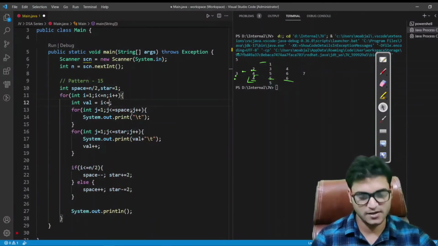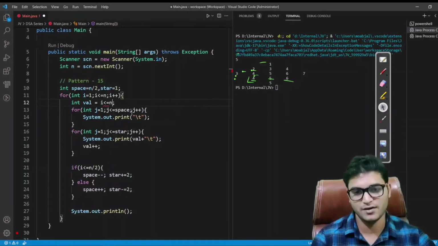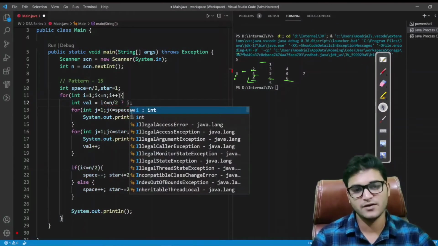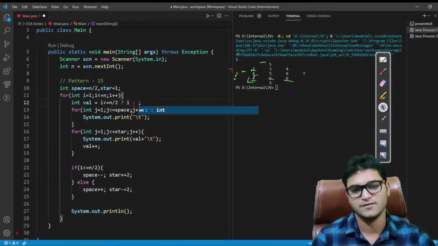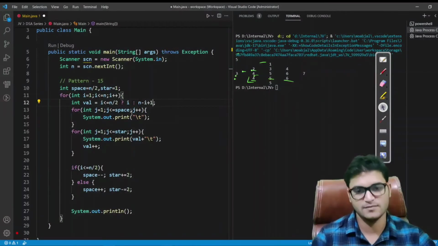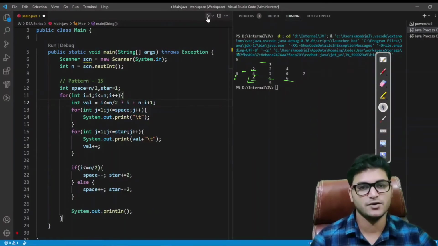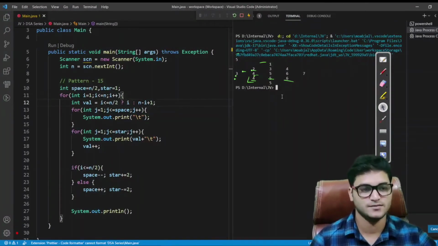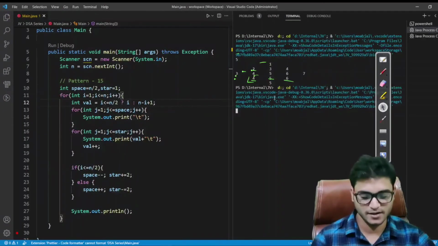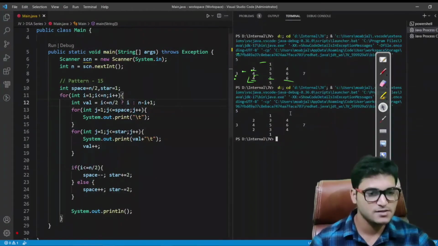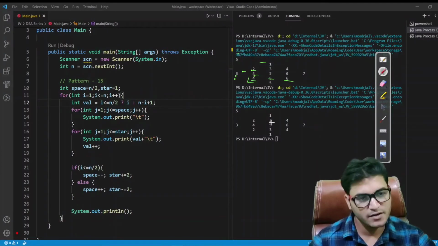How do we determine whether we are in the first half? You can see here I have already written the condition for first half and second half, so we will use this only. If we are in the first half, then we have to take the value from i. If not, then we need to apply this formula, and we are done with that. So let's see what we get with this change, and again I will enter 5. You can see here we are now getting somewhat correct output.